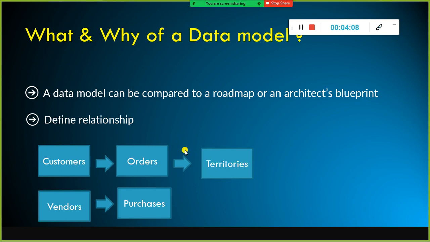You can store everything in a single file, but the data volume itself is very huge every day. You are getting the order-related data, daily orders, in different files.